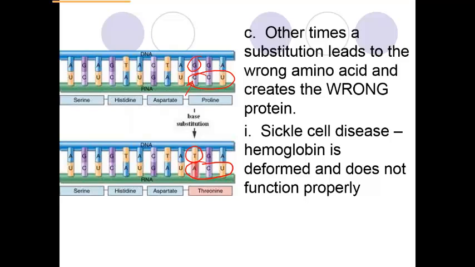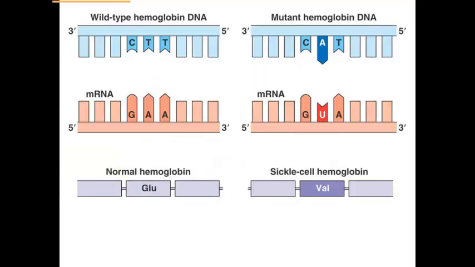There is a one-letter difference between a normal hemoglobin protein and the protein for hemoglobin that's sickle cell. One substitution mistake. This is what the hemoglobin particular spot is. We should have this CTT on normal DNA, so most of us would have CTT, and on the mRNA, C goes to G, T's go to A's, and GAA is, I think, glutamic acid, GLU.